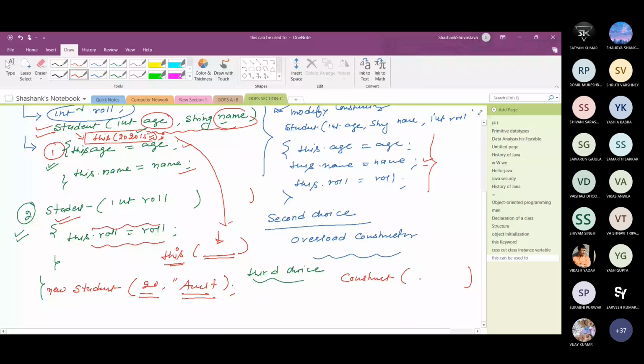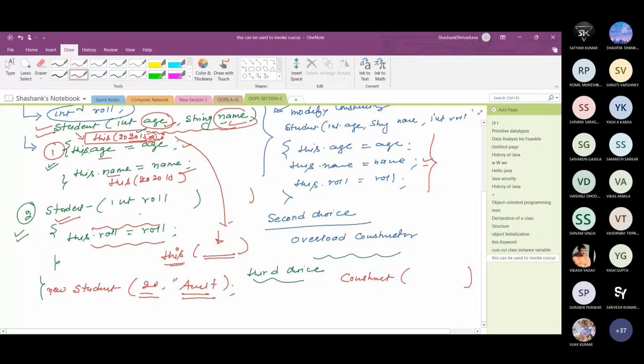So if I write this in the third line, suppose after the age and name, what will happen here? At the time of constructor, the Java virtual machine is not aware for which particular parameters memory should be allocated, because there are only two parameters, age and name. But if this is the first line, as soon as this particular constructor is called, immediately the next constructor is called.